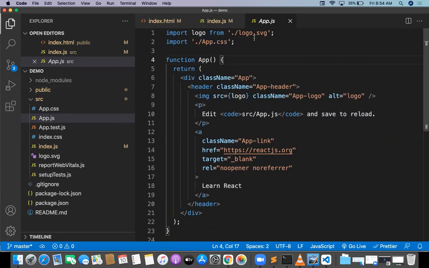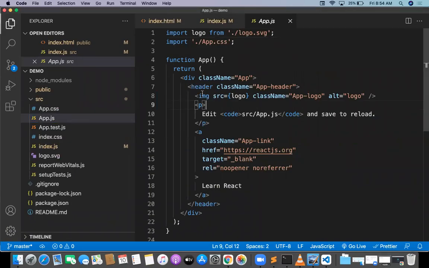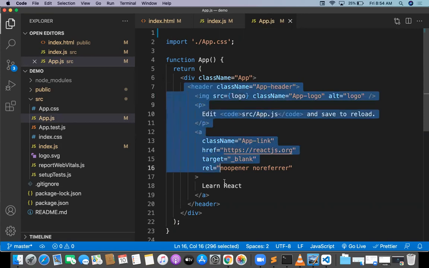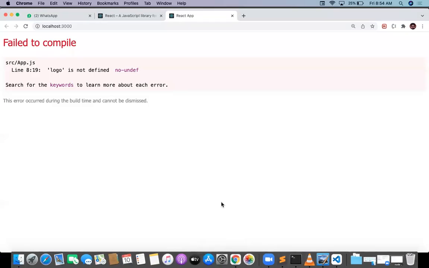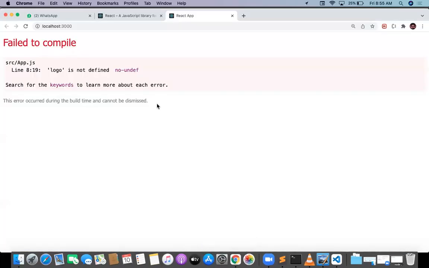In app.js, I have a logo, a running React circle, which is basically the logo. I don't want that logo, so please delete it, along with import logo. At the same time, inside the div, I don't want any header content, something like a hyperlink. This is giving a compile error, failure to compile. What is the problem? I'm deleting this one, and when I delete it, it automatically fails.